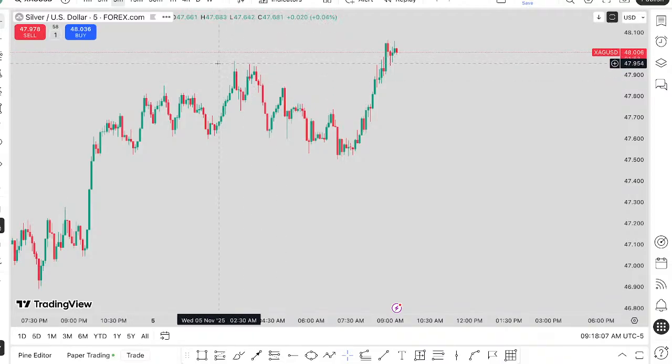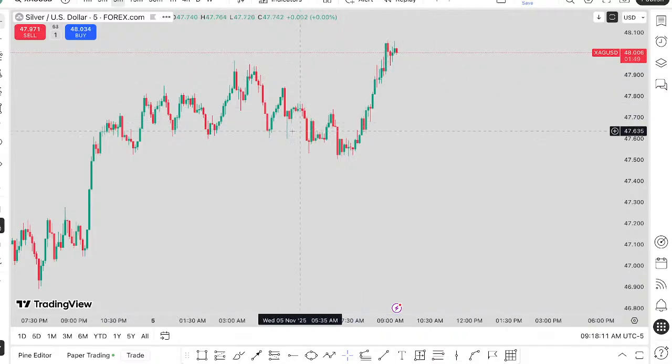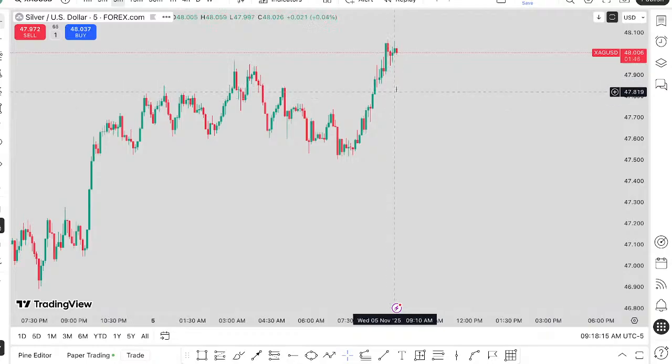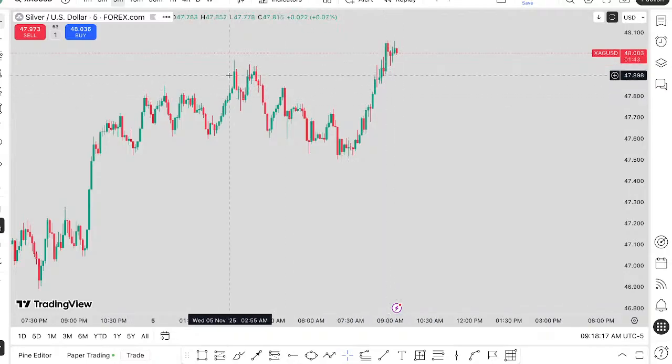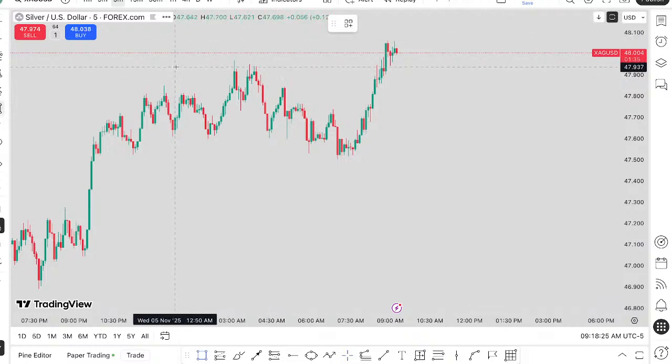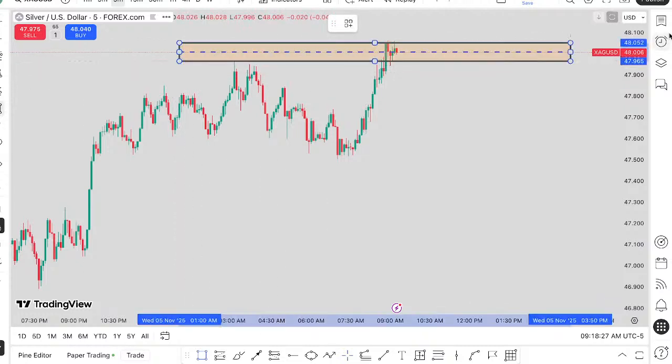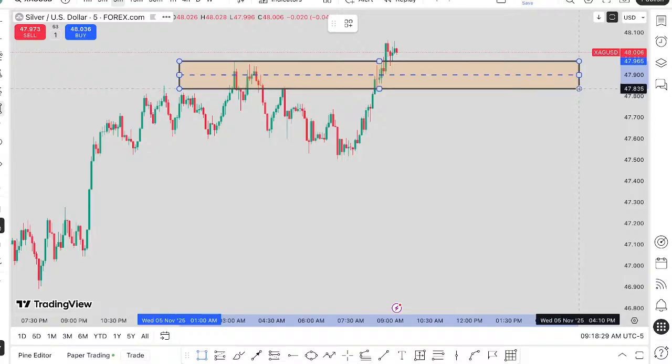They have raided the previous high. Even that's a good sign that they will not be coming too much below. Maybe they can come to somewhere in this area, or if this is taken, that can be a breaker block. This can be a breaker block. We do not trade silver, I mostly look into